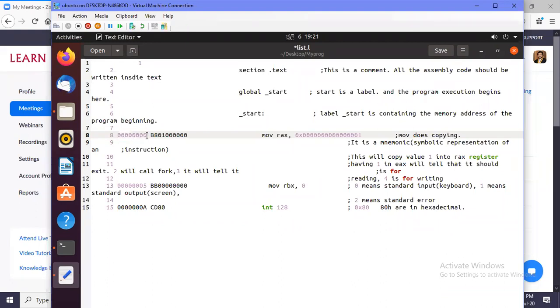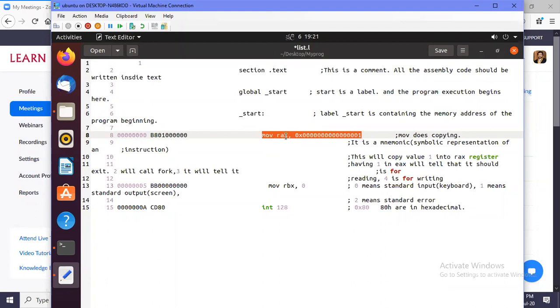At the beginning, the virtual memory is 0. At that address, we have our first instruction in assembly language, move RAX to 0. Move means copy, actually.